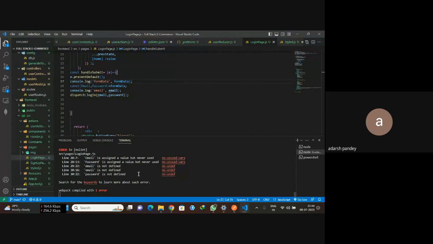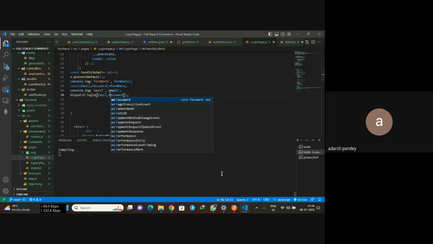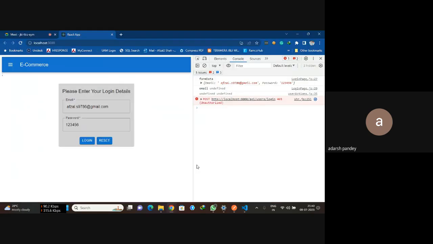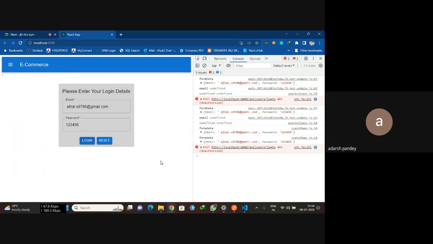अच्छा तो यहाँ से पास कर दो ना, ये डिस्पैच में जो 30 नंबर लाइन में है, वहाँ ईमेल का ई कैपिटल करो और पासवर्ड का पी कैपिटल करो। ठीक है, सेव करो। अच्छा, अब ये कंसोल हटा दो, या ई का ई कैपिटल कर दो लाइन नंबर 29 के कंसोल में, वो तुम कुछ भी रखोगे वो चलेगा। हाँ, अब लॉगिन की पे ऐड करो। और ठीक है,